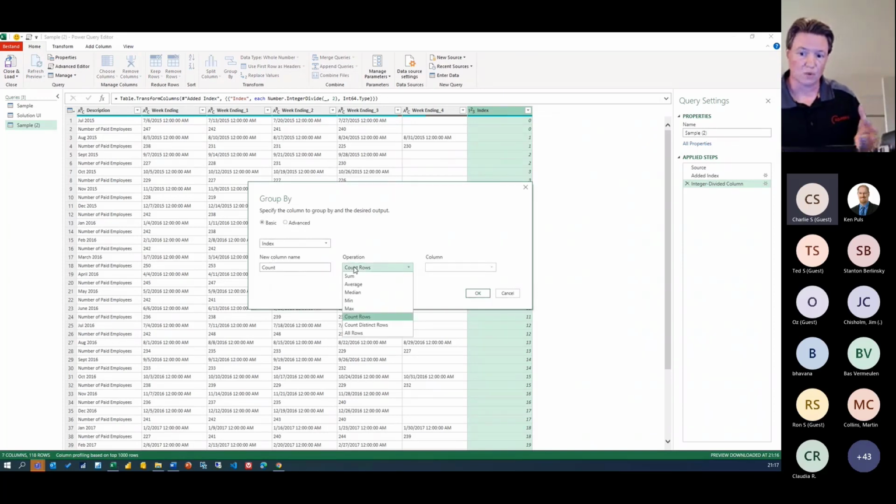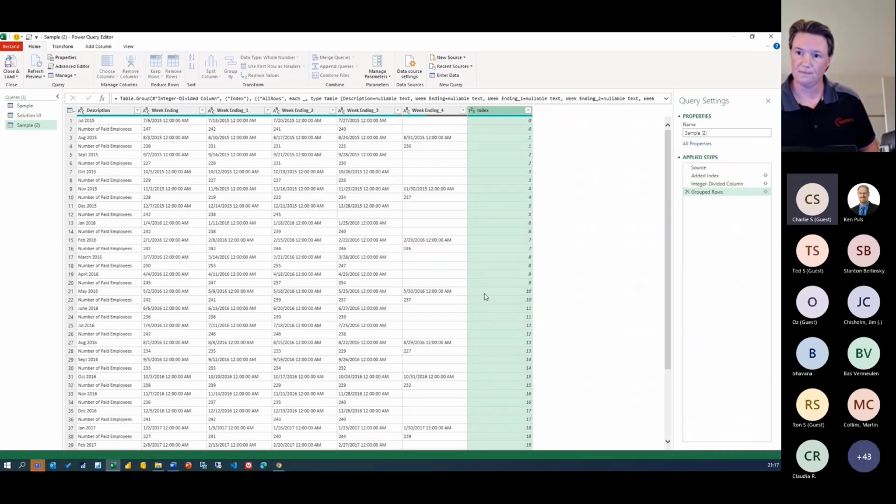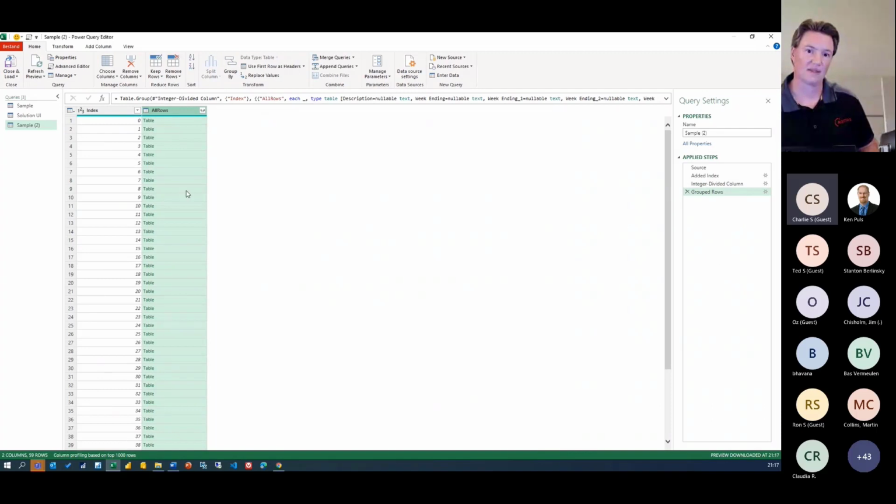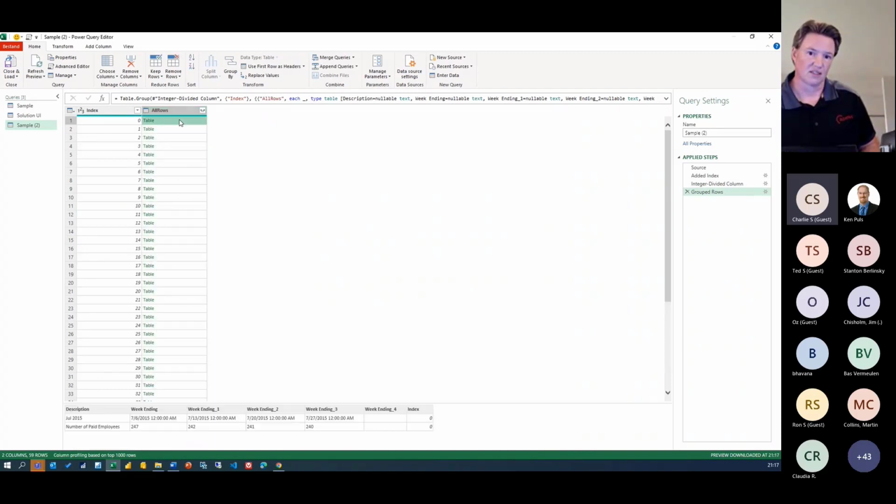And the operation that I want to perform is get all of the rows. So I will also rename this all rows. Perfect. So when I now click off to the side, we can see a preview of that nested table down below, right? And if I wanted to use the user interface to transform this table, I could click on that, but